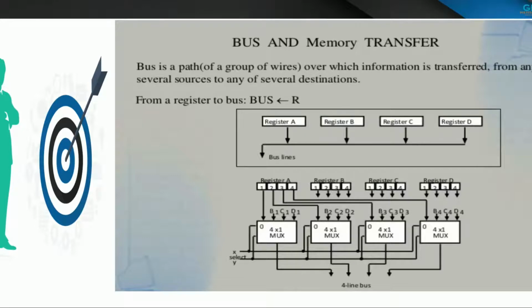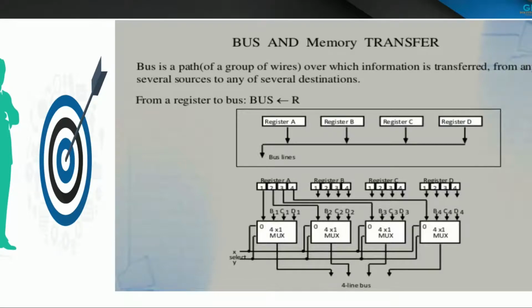Each multiplexer contains 4 inputs. Totally 16 input multiplexers are there.